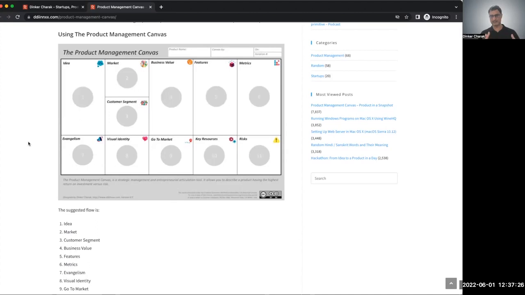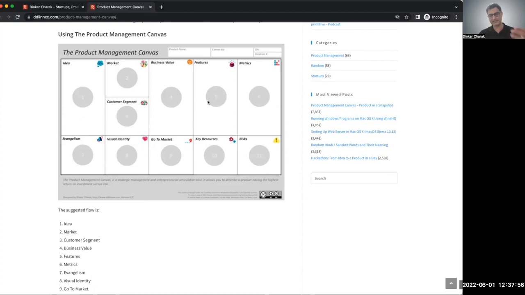The sections that I suggest, and I have a suggested flow, include the idea behind it, and this is something that can come from the idea canvas, a very crisp articulation of what you're trying to achieve. What is the market that you're trying to address? And within that, what is the customer segment that you want to focus on in this instance? The business value that you expect this product to deliver. What are the key features,